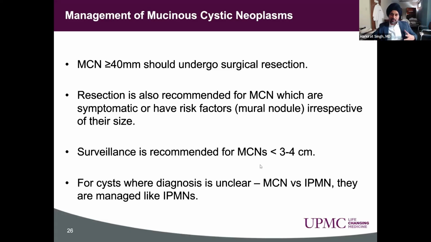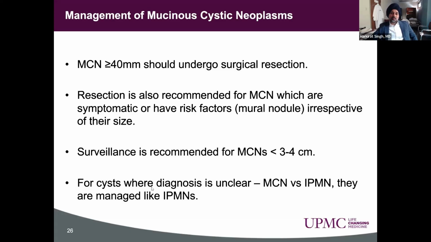If you have an MCN which is 3 to 4 centimeters in size, we could choose surveillance for these cysts. And again, this is a decision made with the patient. These may never grow, or when you survey them with imaging in future, they may grow. So maybe surgery is in their future, and you discuss that with the patient. The conversation is, would you like to see a surgeon now and get it taken care of, knowing that the risk of malignancy in a cyst less than 3 to 4 centimeters is low, or we can survey you and only get surgery if it grows bigger? Sometimes patients make your decisions easier.